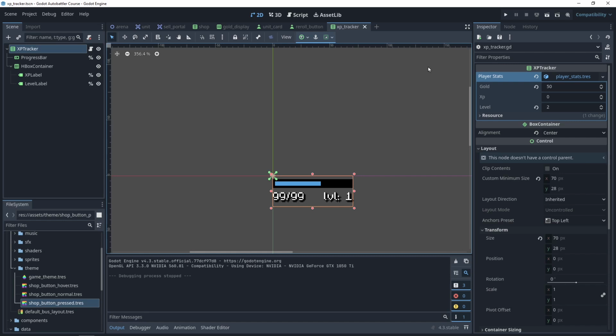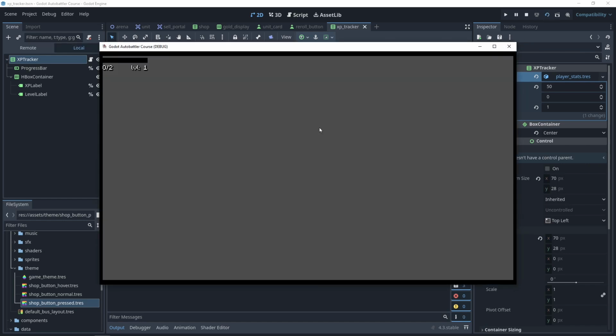So we might not have a problem after all. I just kind of messed this resource up. So let's set it back, make sure that it's at level 1. Again, if I click on this, okay, it's at level 1. Save everything with Control S and run this scene again. Okay, so it seems like it wasn't a bug, but it was a mess up on my side. Okay, so we are at level 1, we have 0 XP, and the XP needed for the next level is 2. It checks out. If I press enter, I should get 4 XP,